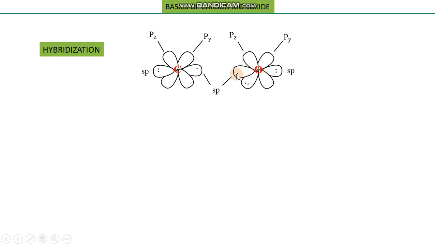Same is the case with oxygen, because sp hybrid orbitals are there, two of them, opposite to each other at an angle of 180 degrees. So two are sp and two are unhybridized orbitals. So this is the electronic structure in three dimensions around the oxygen. Let us place electrons in these hybridized and unhybridized orbitals.